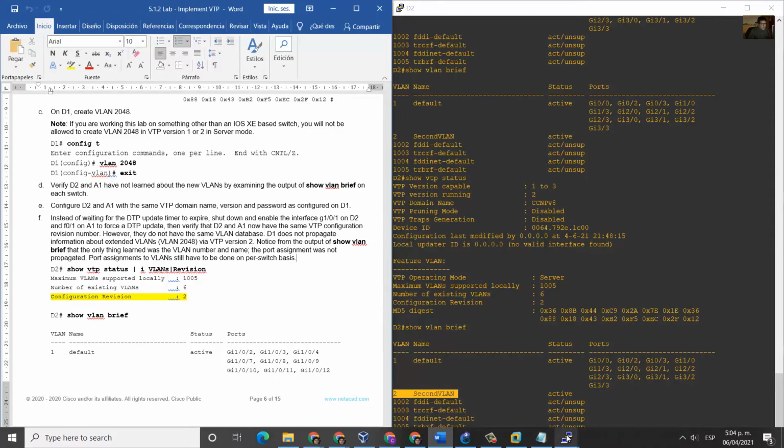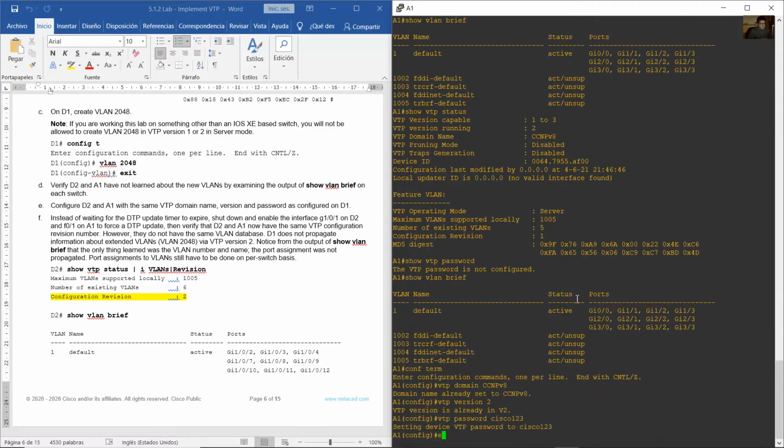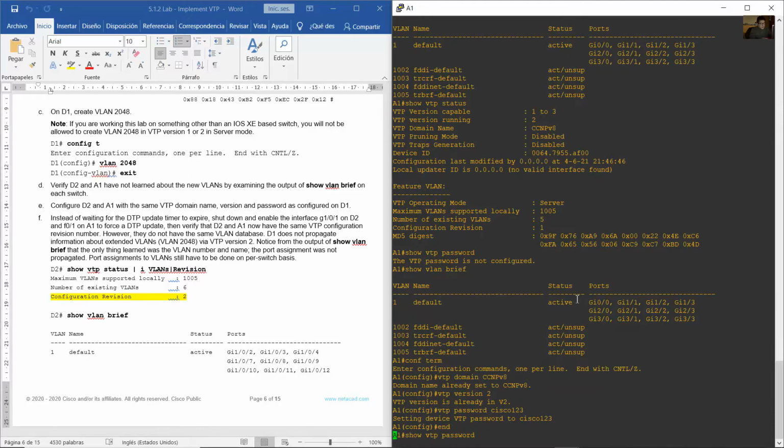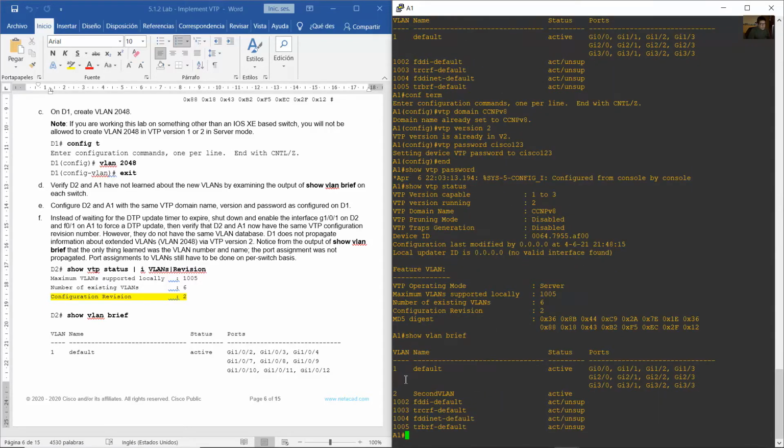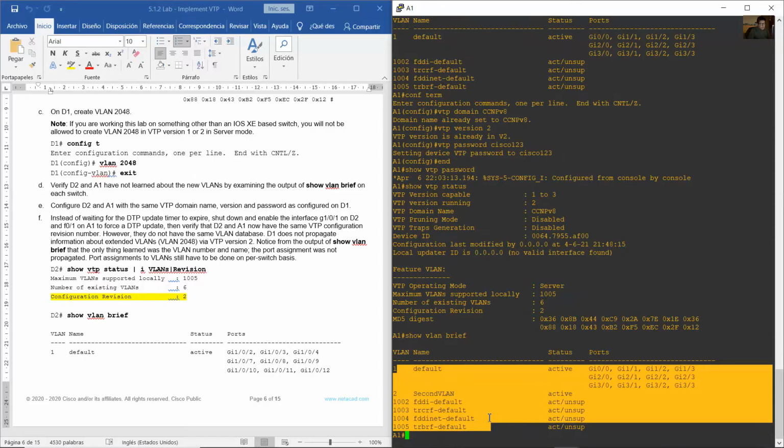Okay, go to A1 and show BTP status. Now you have 6 VLANs, show VLAN brief. Okay, the 6 VLANs, 2048 not included. Also on D2 you